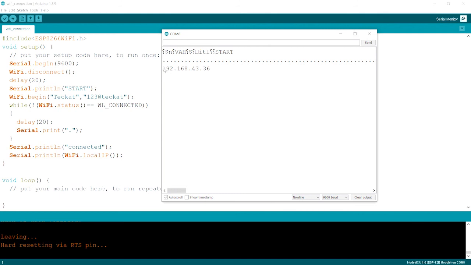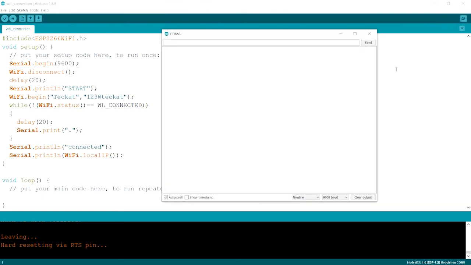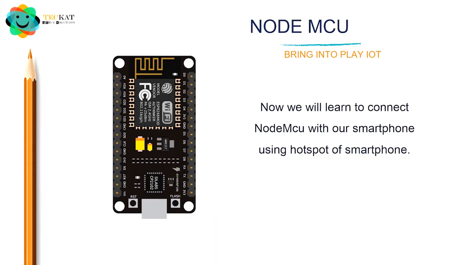Now, for example, what I told you, if you are uploading but take time to open the serial monitor, for example, now if I open it, it will throw a blank space over here. So to rectify this, we need to do nothing, but just press the reset button over here.